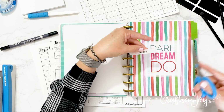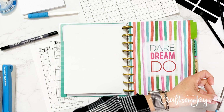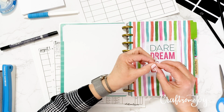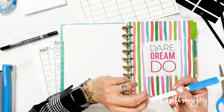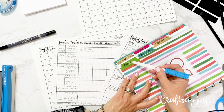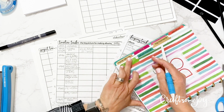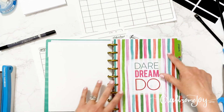Again, I was using clear so that you could see the color through the tabs of the Happy Planner. And so I just go ahead and trim a little of the extra tape off before I take the adhesive off the back, just like that. And then now I'll peel that off. And again, as I mentioned, it's really nice to have a multi-purpose tool handy so that you can just use that as your finger. And then you can get your label exactly where you want it on your tab. Okay, so now I have a projects tab in my pop planner,